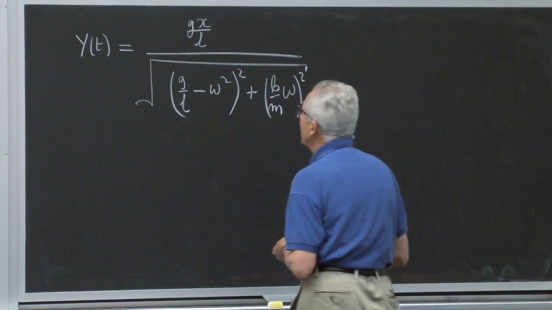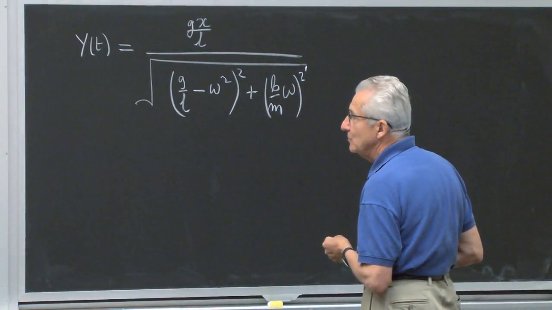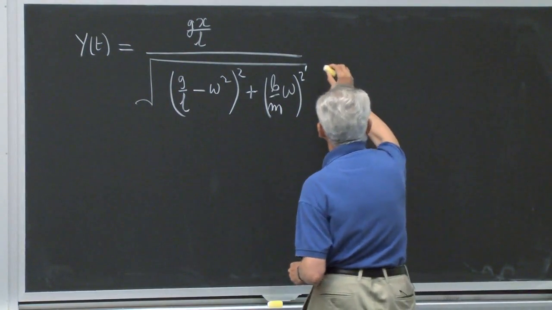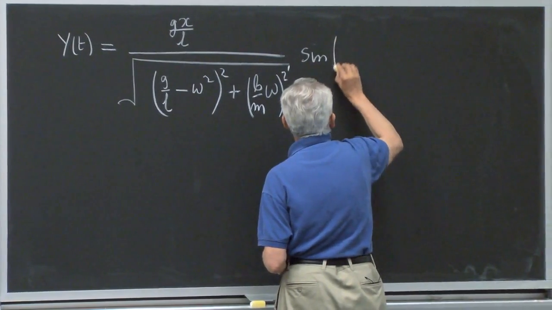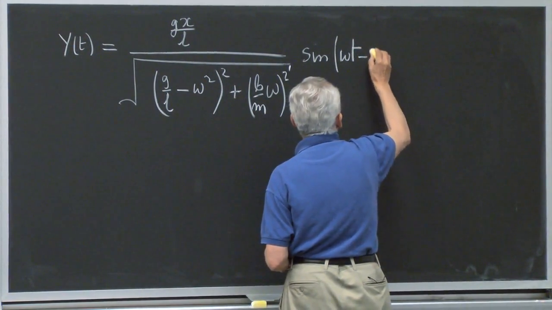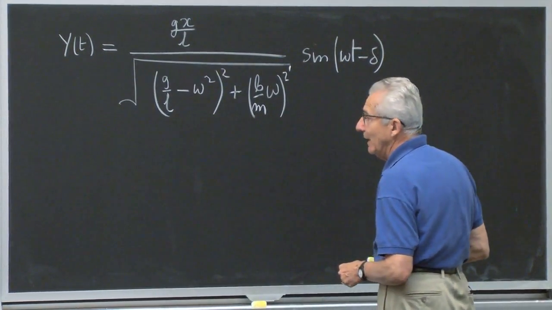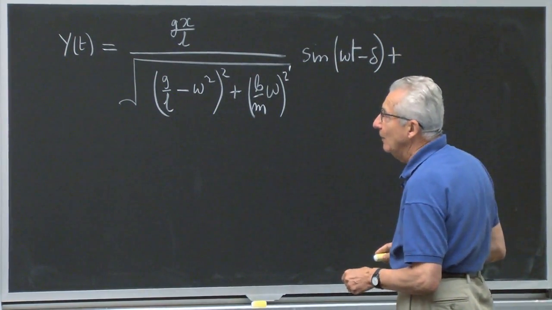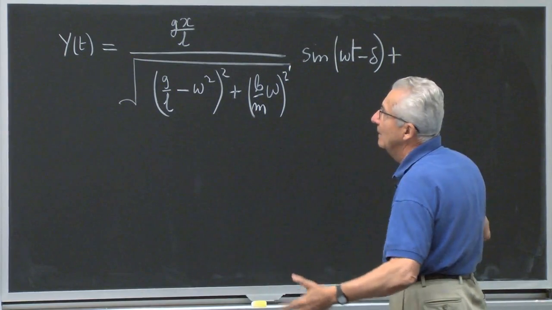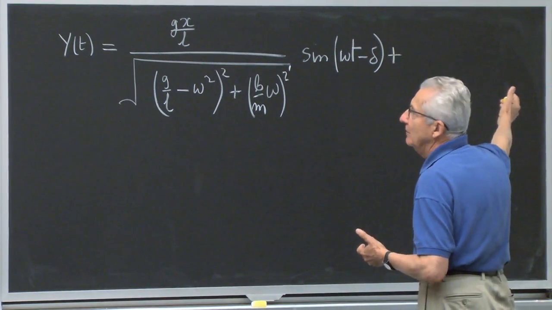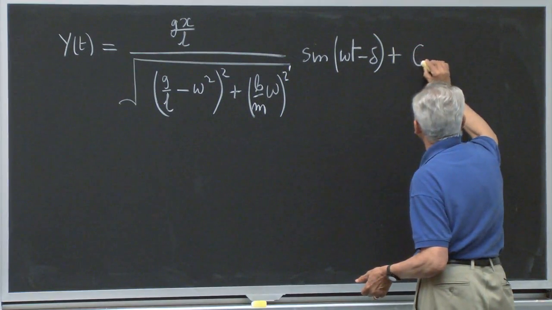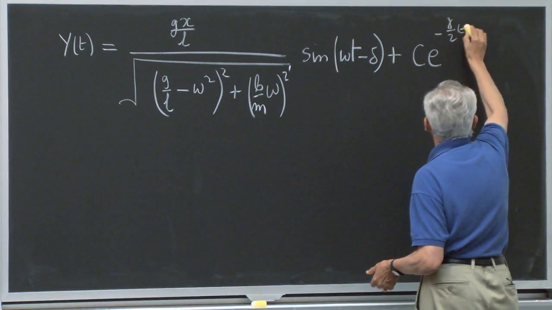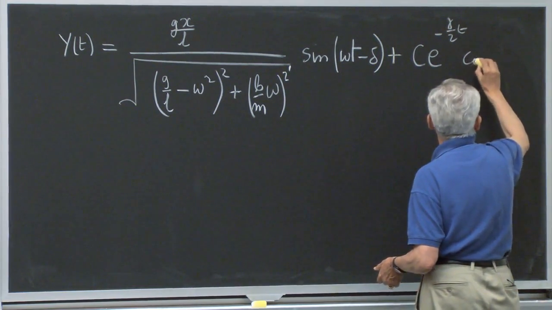Okay, so times, now here I have a sine, so it's going to be the sine of omega t minus delta, plus, and to save time, I will not rewrite the full thing, but I'll start at the beginning. There's the c e to the minus gamma over 2 t here at cosine, etc., right? Etc.